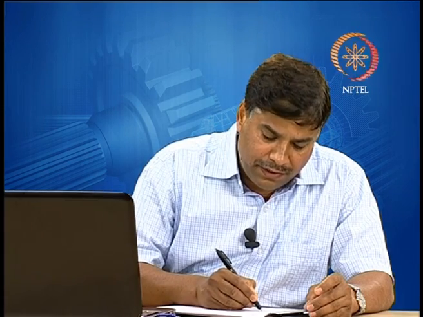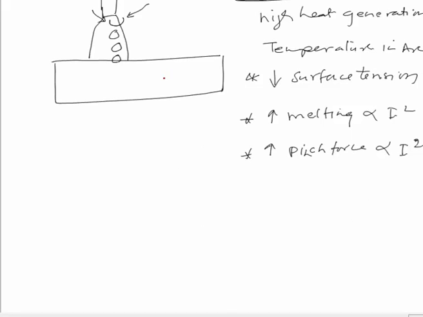Because of the decrease in surface tension, the resistance to the detachment of the drop at the electrode tip is reduced significantly, and therefore the drops start getting detached even when they are of very small size. They will melt rapidly and get detached, and when this happens, it is felt that there is